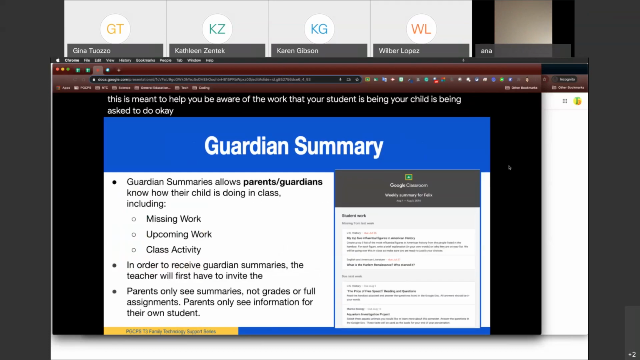I have here on the screen a sample of a Guardian summary. You can choose when you receive the email whether you would like to get a daily summary or a weekly summary. Now, I know many parents this school year have chosen a daily summary because we are entirely online at this point in time. And it is easier to monitor with a daily summary rather than a weekly summary, which can be overwhelming